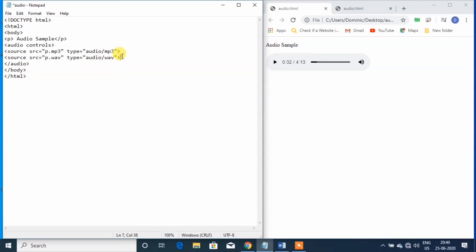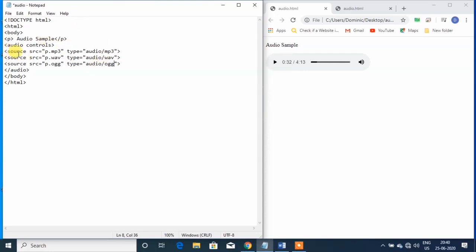One more copy and paste, and change the file type. Instead of WAV or MP3, you can write another audio format, OGG. So here also change the type, OGG.